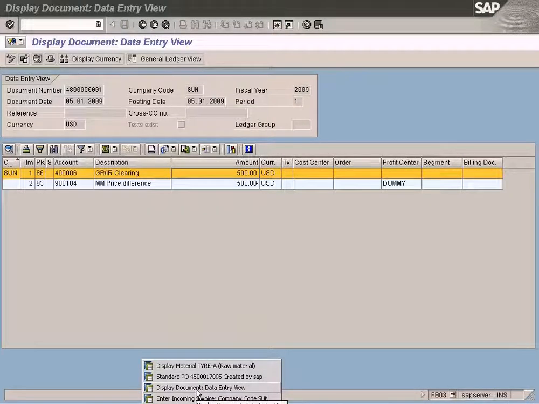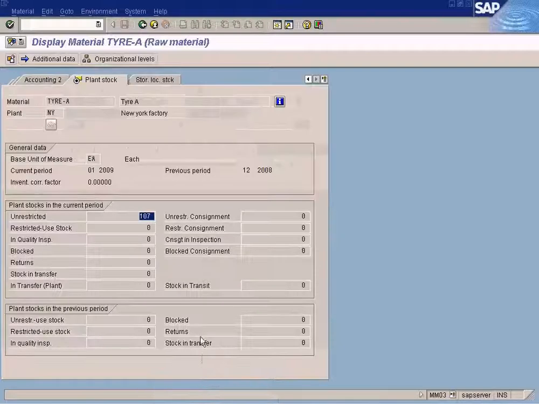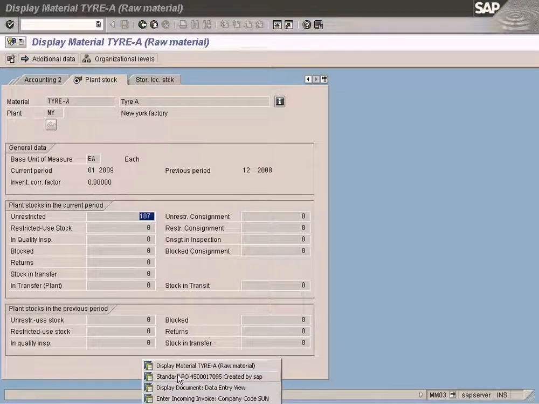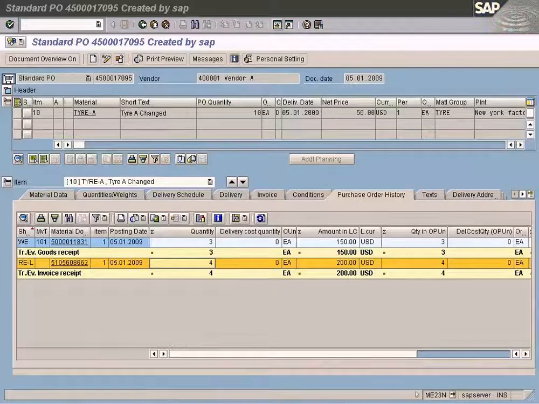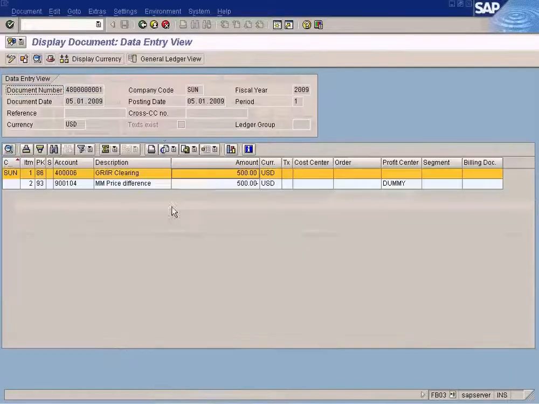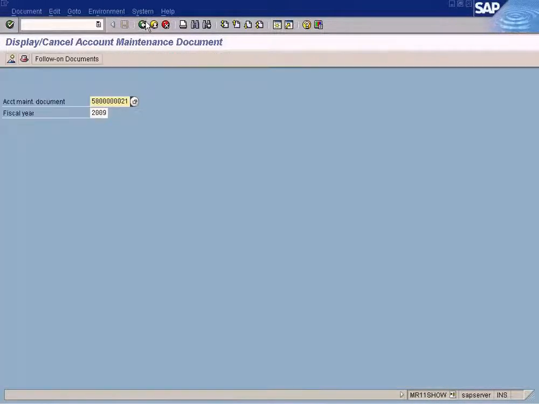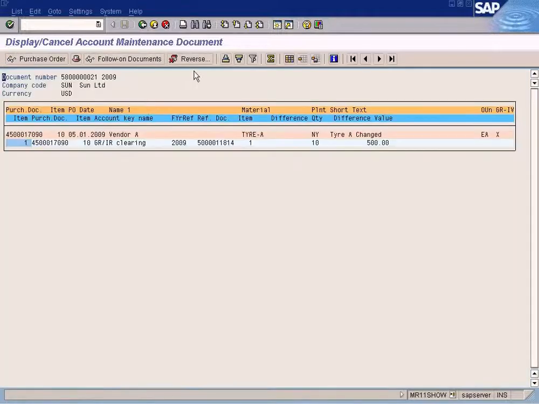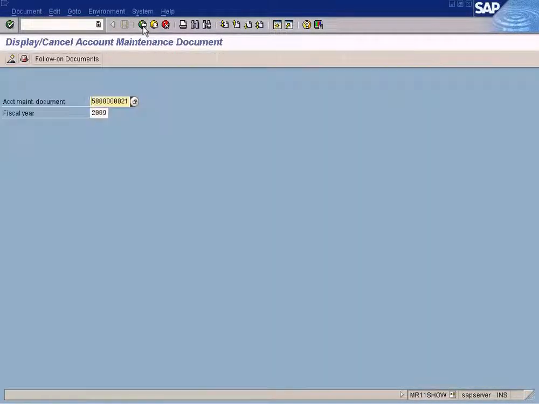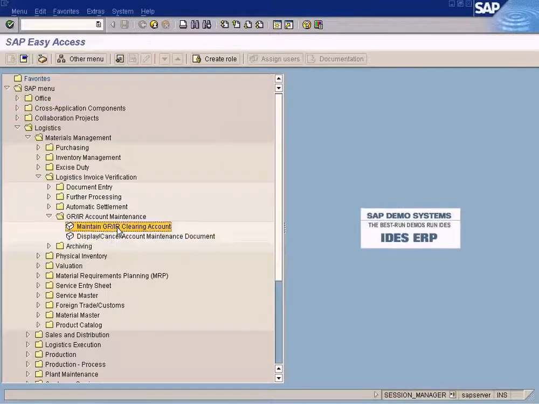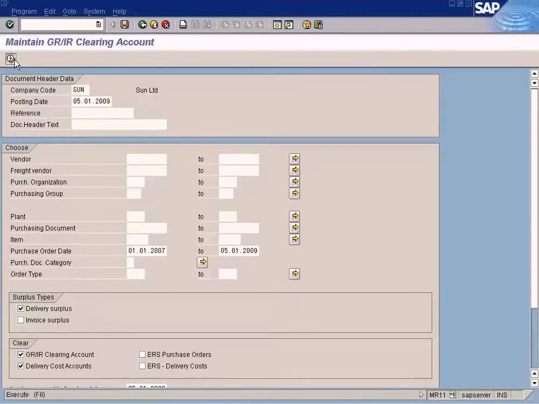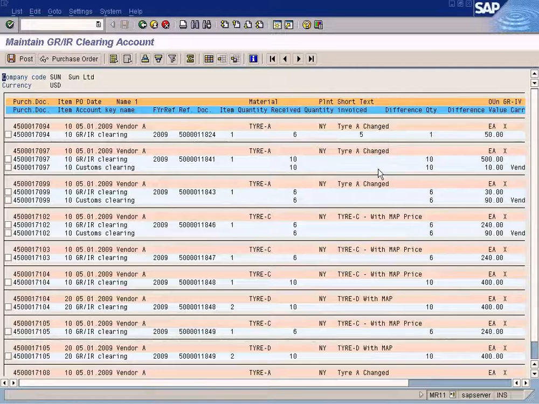Alright, now once that is posted, you can also reverse this account maintenance document if you have posted this in error. Alright, if I go here and then choose the delivery surplus, it won't be shown. The 10 unit is cleared. Alright,